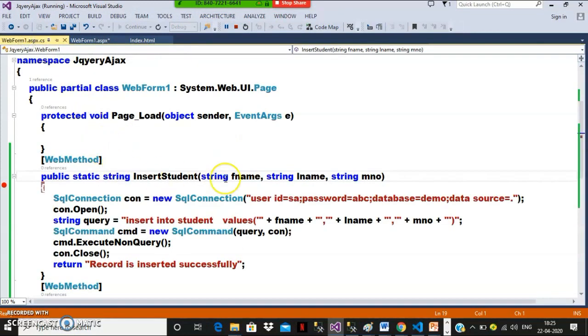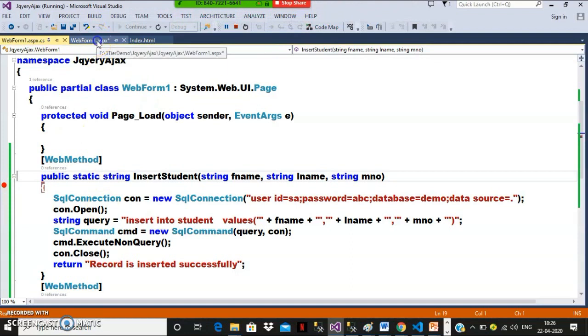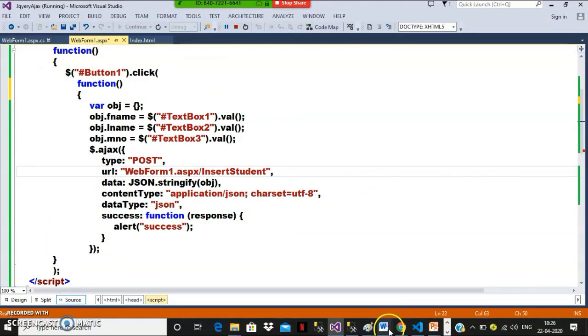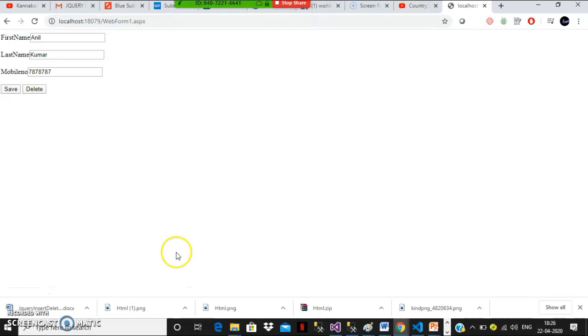In the server, I already declared one method. Please send those values as input for this method. And then you go to your SQL Server database and insert the record successfully. If this method is being called, it means it is successful. You don't need to worry. Let us see whether that method is being called or not. Click on this save button. Click on this save button. Let us see whether that method is called or not. I think it is not calling. Let us check once.